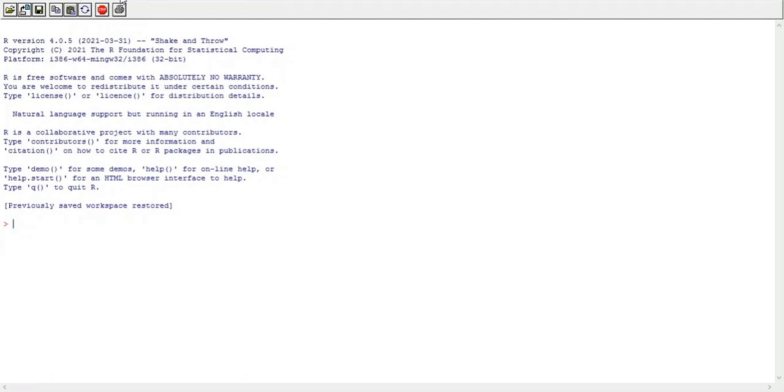Another way of installing the package is that you can simply go to the package menu, then click on the load package menu, and then from the list of packages you select the package name that you want to install. Okay, so after installing this reshape or reshape2 package, we will be able to use the melt and cast functions.